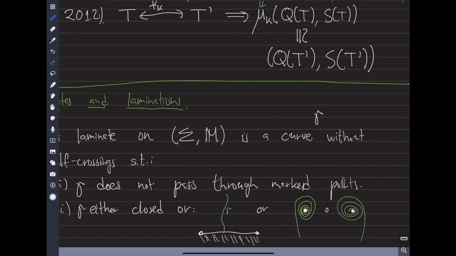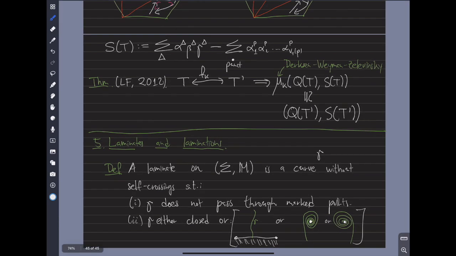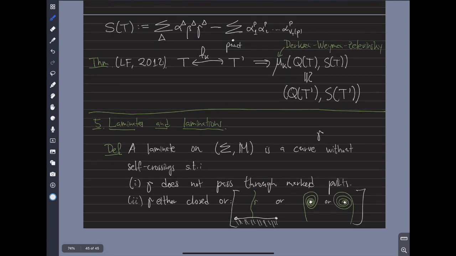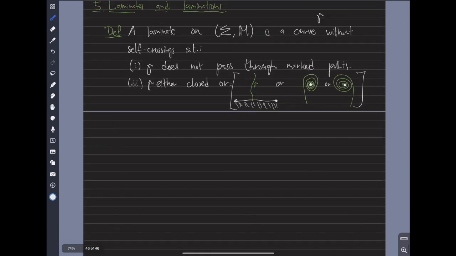Or if this is not closed, right? If gamma is not closed. Okay. This is for the endpoints. And three, gamma is not contractible, and also not contractible to the boundary. And let me just